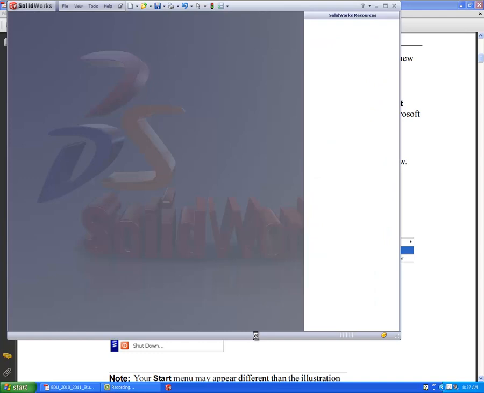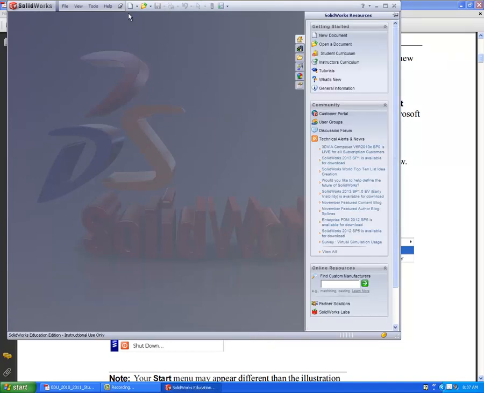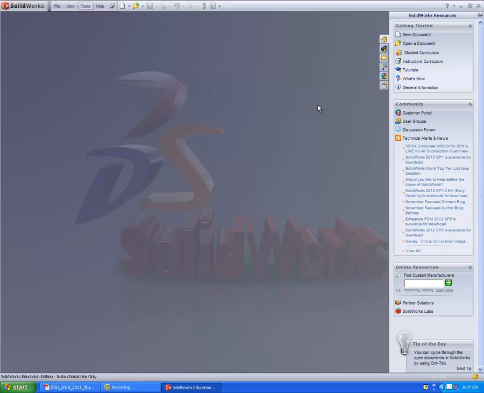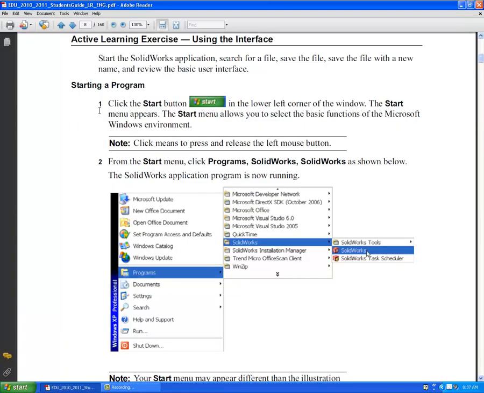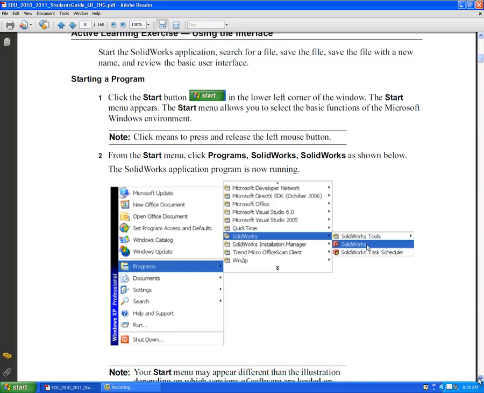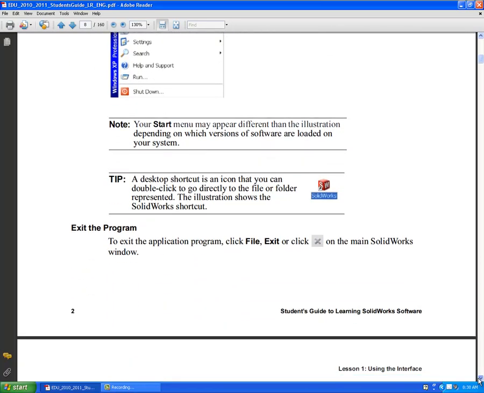This is pretty basic, pretty simple. And here we have it. We can expand this to get the full view here. And to close it up again, we just simply hit exit, and that closes it up again. So these are just a few simple tasks